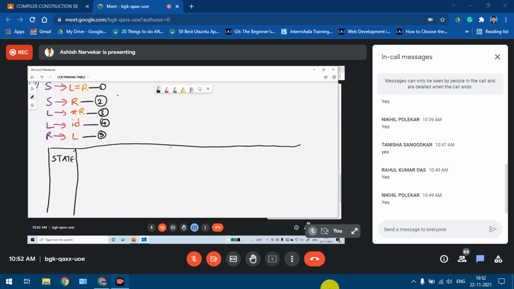First is state column, second is action. Under action, we need to write all the terminals. So there are 3 terminals: equal to, star, ID, and along with this we write the dollar.